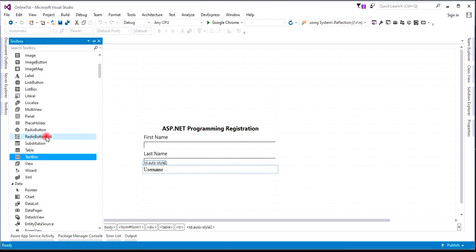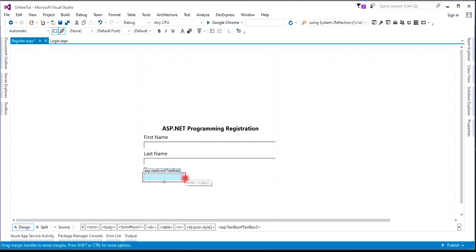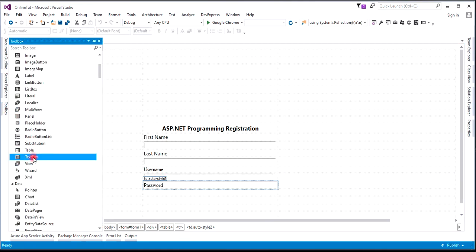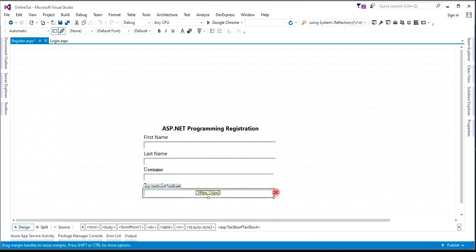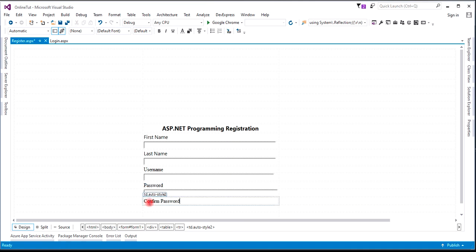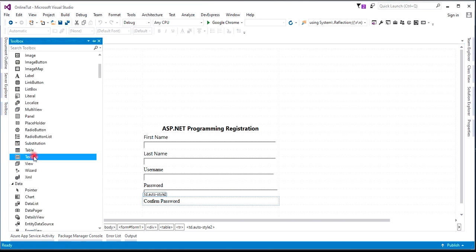So let's make things quick here. Then I have password. Okay, same thing down here, and then I have confirm password. We'll drag and drop this text box below,